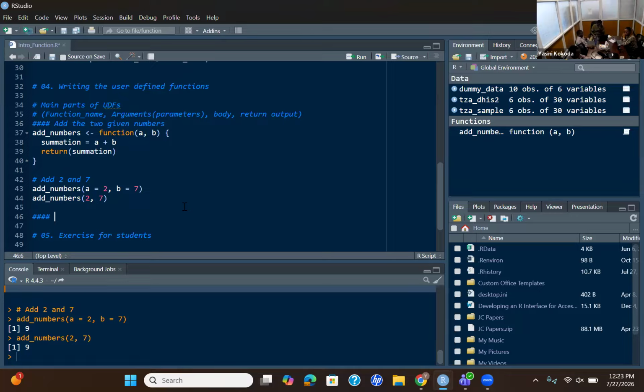So let's say you want to define the greeting function. The one I just showed you was basic for mathematics. Now let's say you are working with strings.